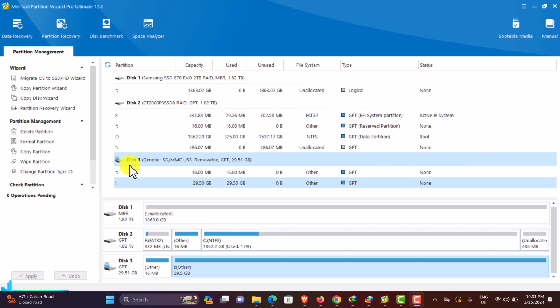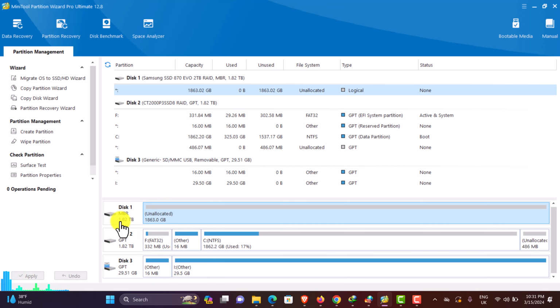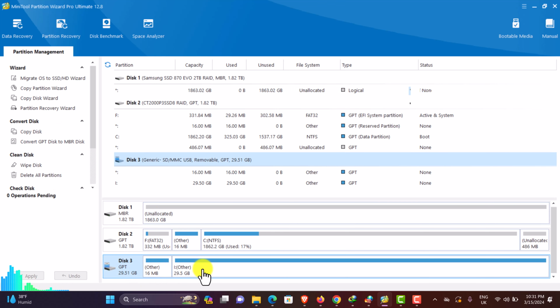The one I'm gonna do the wiping process on that partition is this one, disk 3, SSD USB removable. So as you can see, it's almost 30 gigabytes. So what I'm gonna do, I choose that memory stick or hard drive. It depends which hard drive or memory you try to wipe. If it's hard drive, for example, this one is 1 terabyte, I choose that one. This one is just my memory stick, I need to wipe that data, I'm choosing that one and right click